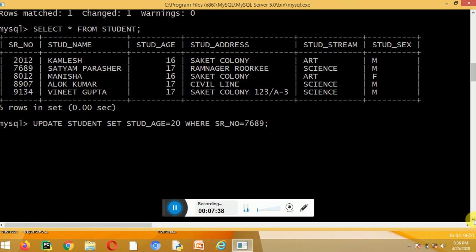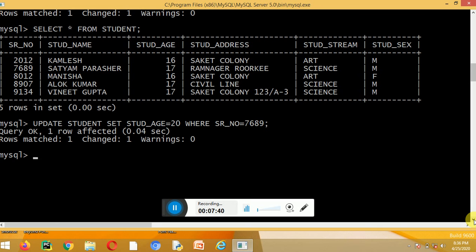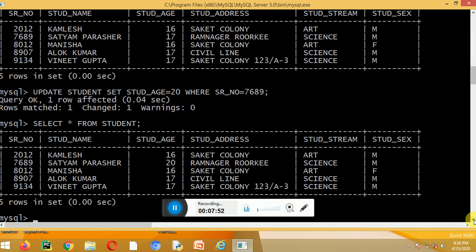Now when I press enter, the record has been updated. Now I want to check whether it has been updated or not. I will write the query select star from student. Now you can check that Satyam Prasar's age has been updated from 17 to 20.